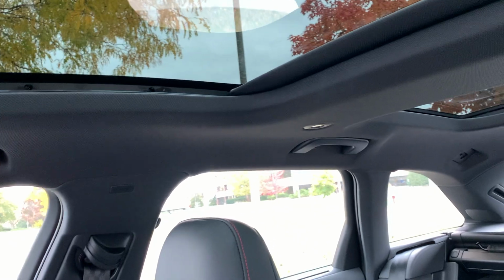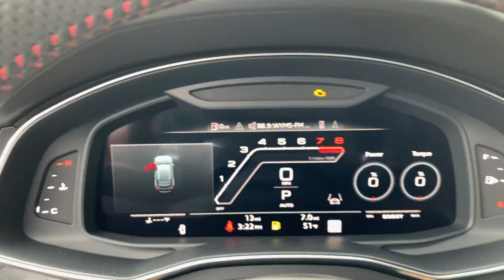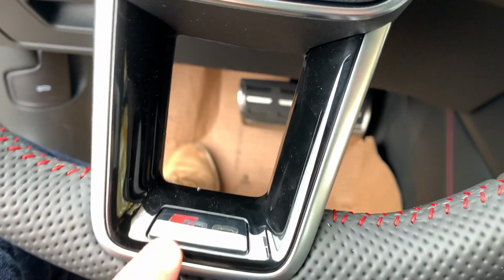Give a little more light to the cabin. So we have 2 sunroofs, which is nice. And then I'm gonna climb into the back, which will also give us a good view of the front. And we can see this has RS specific gauges, so this rev counter in the middle, that's an RS specific thing. And also we've got some RS badging right here and on the door sills,